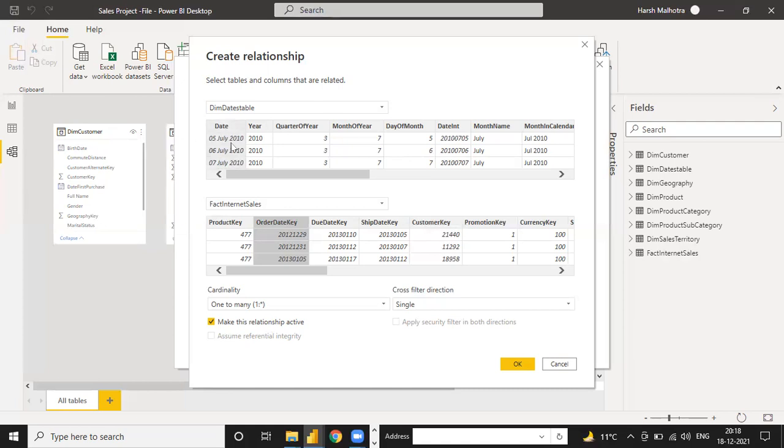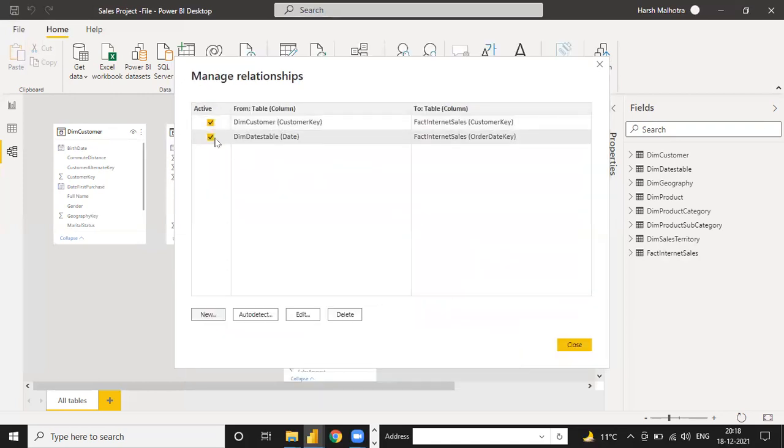So here the relationship is made from the date to order date, and if I click OK, this relationship is active.